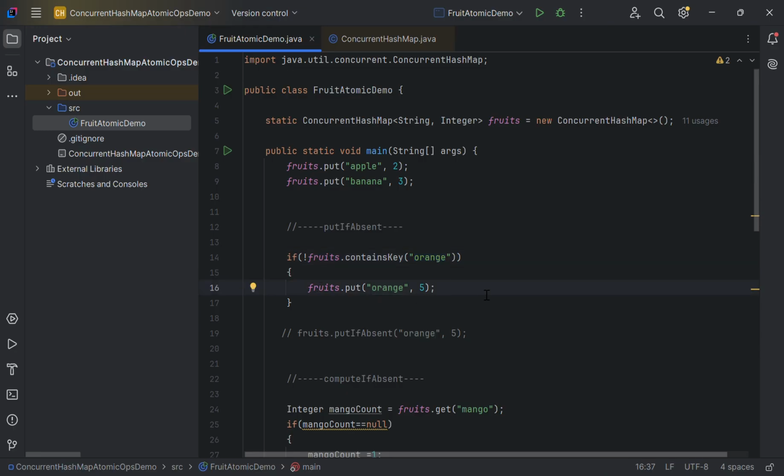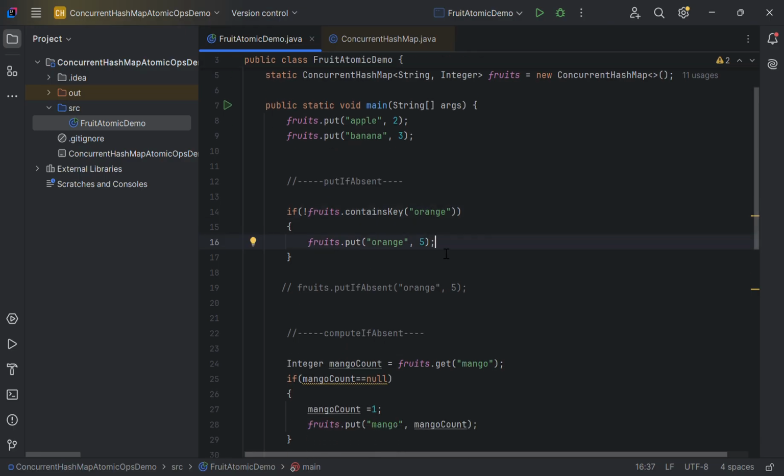So what should be the ideal operation? Thread A should check, and thread A only should update orange as 5. Then when thread B comes, it will see that it already exists, so it will not update it again. Here we are only updating it with 5, but what if the operation is very heavy and expensive, like calling a database to update the values? In that case, updating twice may be very performance inefficient. So that's when we should use